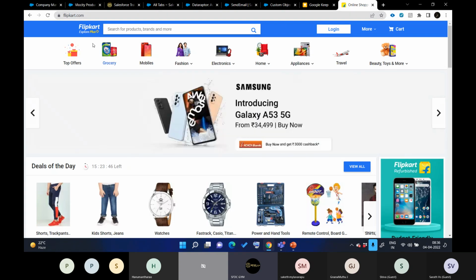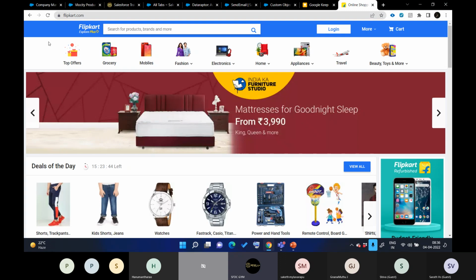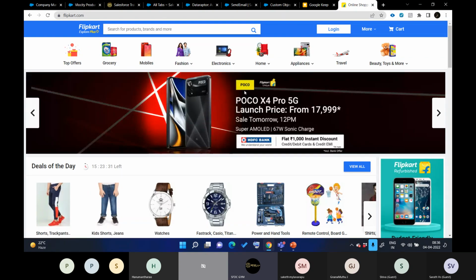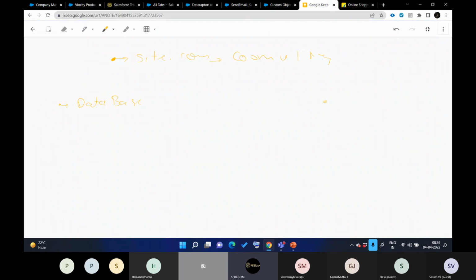That is only possible when we enable a page in communities. Apart from this community, we need a database, right? We need a place where we actually insert our products. We need a UI also, because we want to display something to the users.